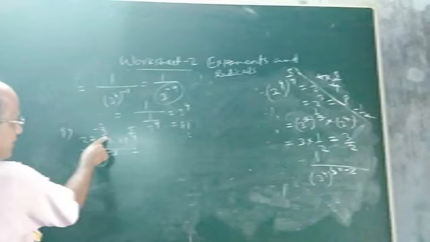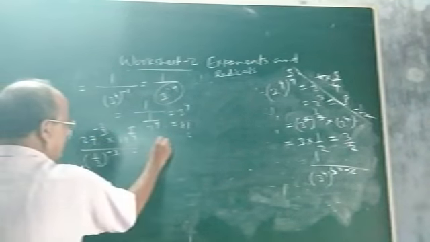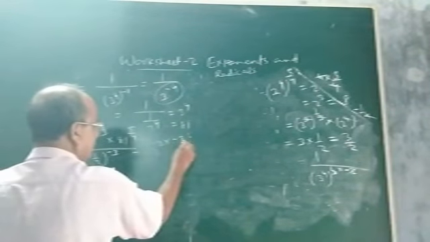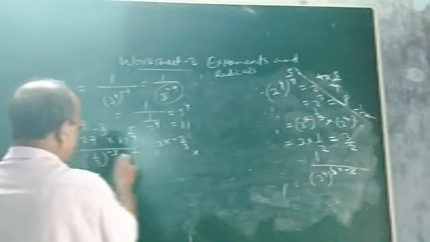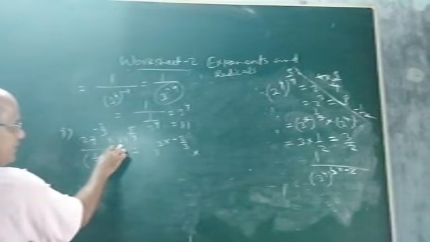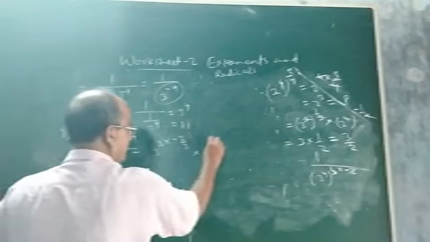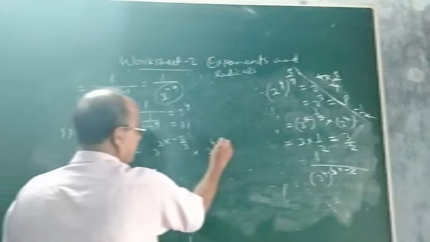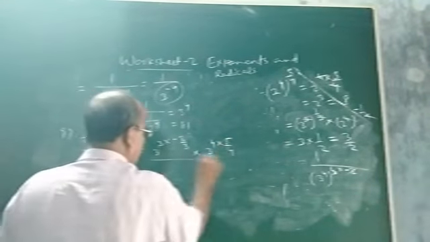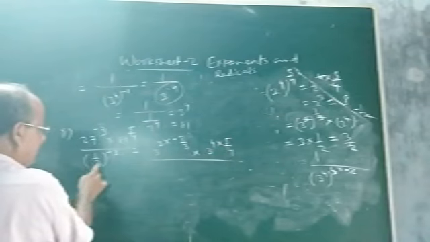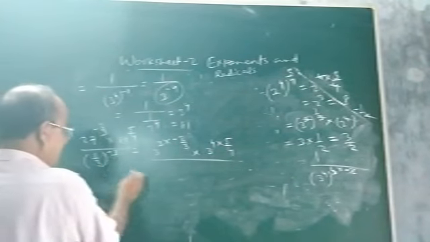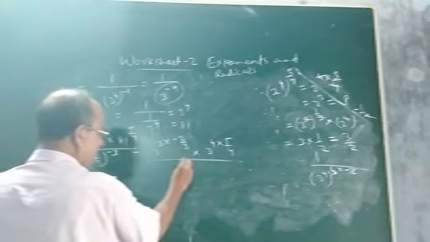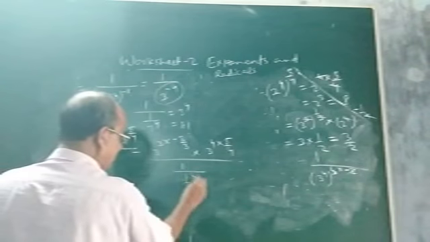Now, 27 here, the denominator is 3. So this will be 3 to the power 3, 27 means 3 to the power 3, into minus 2/3. Then into, here the denominator is 4, and the base is 81. So it will be 3 to the power 4, 81 can be written as 3 to the power 4. So (3 to the power 4) into 5/4 whole divided by (1/3) whole to the power minus 3. First you change it into a positive exponent. It will be 1 by 3 to the power 3.